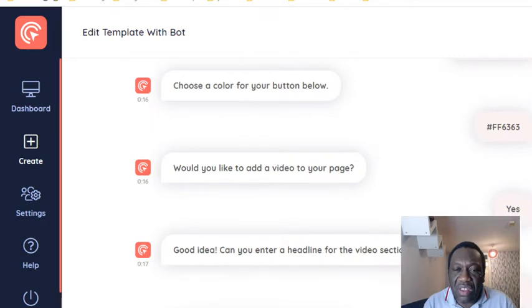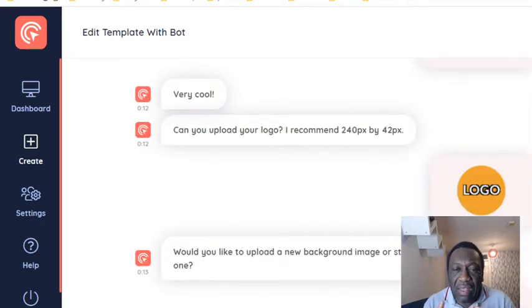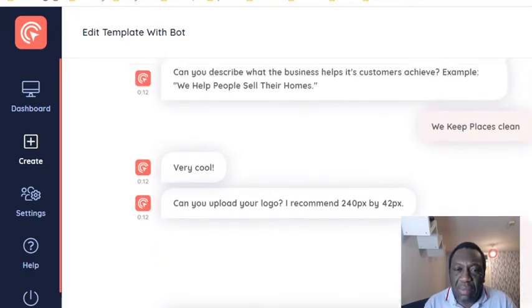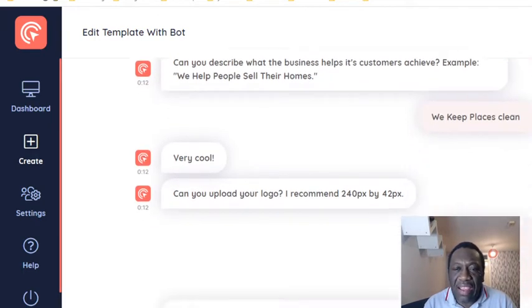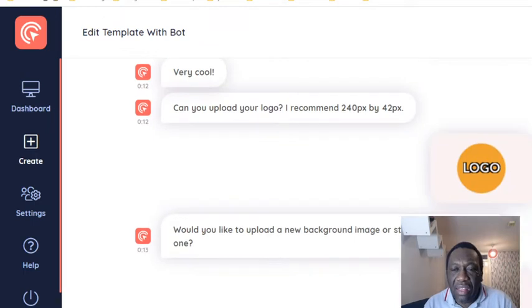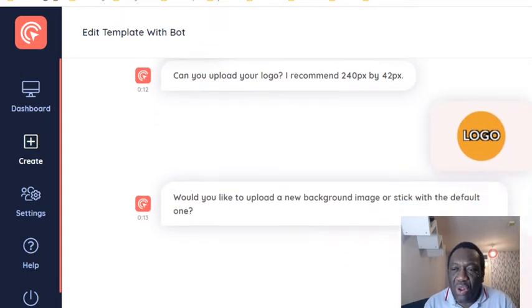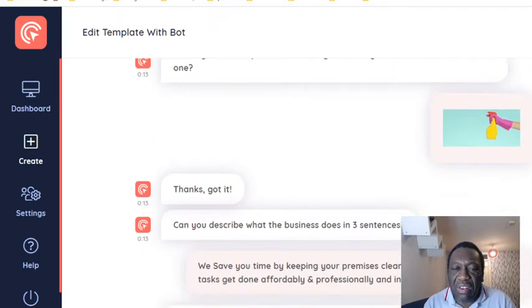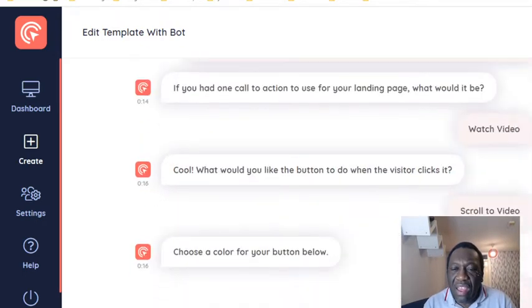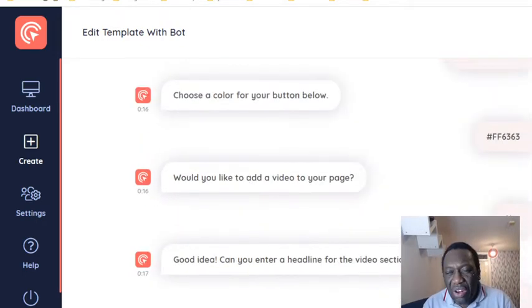Essentially, I'm trying to create a template for a cleaning business, and it asked me things about the business, how I describe the business, and stuff like that. You know, my logo, what logo to put up, what background image, so you can see. So I'm just going through the steps here. Like I say, it's pretty long, so I don't really want us to go through it step by step. Anyway,